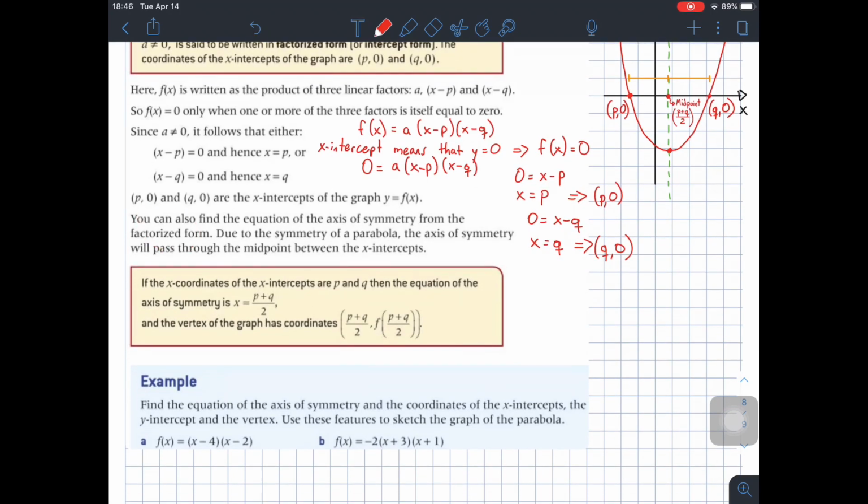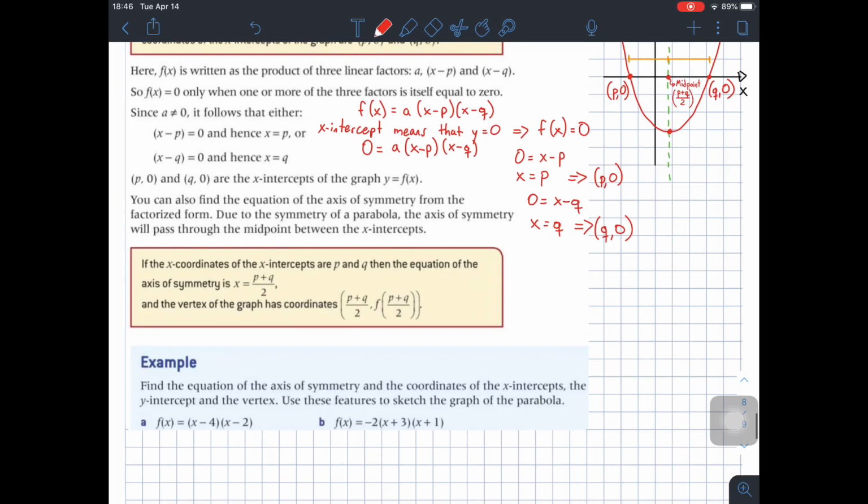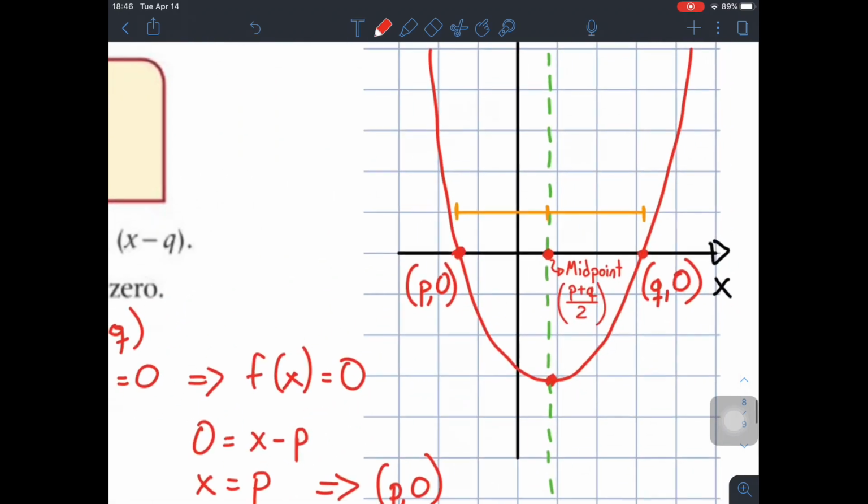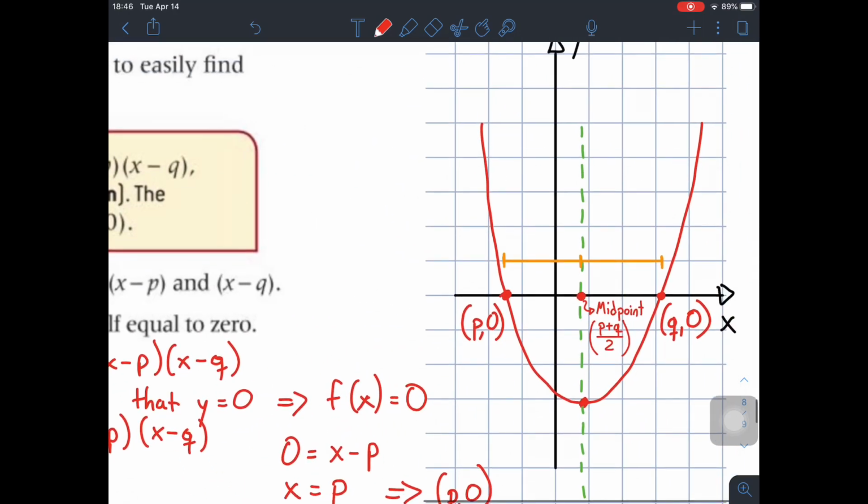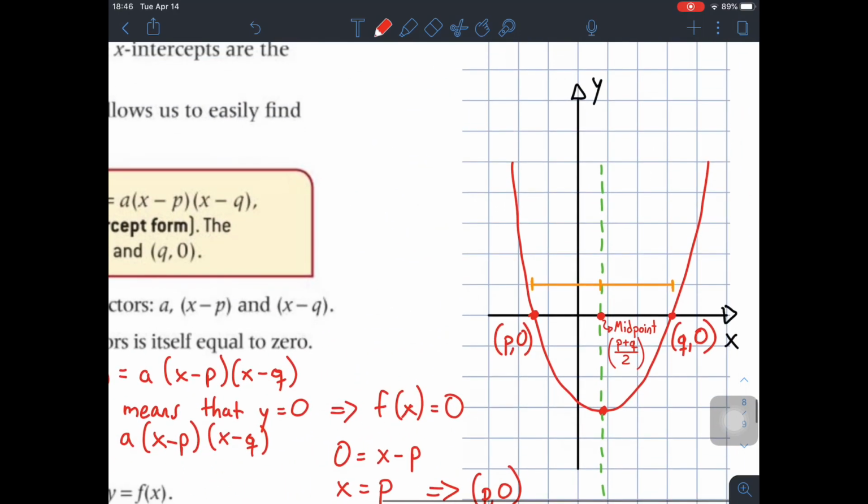You can also find the equation of the axis of symmetry from the factorized form. Due to the symmetry of the parabola, the axis of symmetry will pass through the midpoint between the x-intercepts. This is a very important concept. If you watch this sketch of a parabola I did here, you will see what is explained in the paragraph. You see that we have the first x-intercept and the second x-intercept. Always,